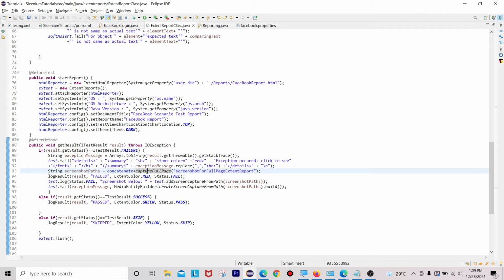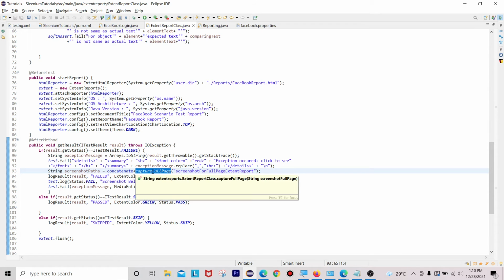So new ExtentHtmlReporter, new ExtentHtmlReporter. Okay, System.getProperty of user.dir, concatenate. Okay, this one is done, and String screenshotPath equals to, everything is correct only, so there will be no issue, but screenshots are not coming currently.